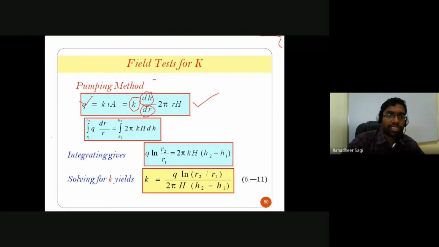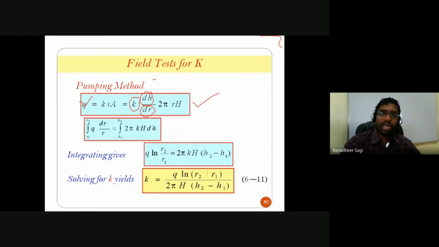So you can go for integrals going from r1 to r2, where the corresponding head levels in the observation wells go from h1 to h2, or in the other way, r2 to r1 where head levels go from h2 to h1. If I carry out my integration, integral dr by r, where flow rate is a constant value, you can take it out of the integral. Integral dr by r is nothing but ln of r, with limits from r1 to r2, which I have represented here: q into ln r2 by r1 is equal to 2, which is constant, pi is constant, and the coefficient of permeability of the soil in which the flow is happening is constant. We are assuming a homogeneous isotropic soil, and the height of the aquifer is constant.